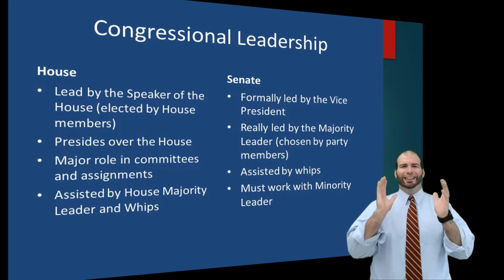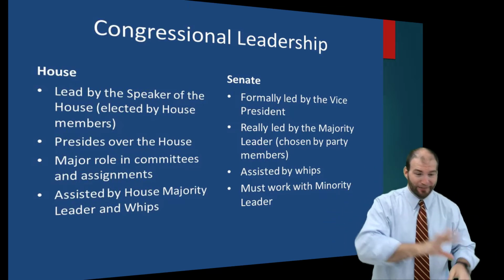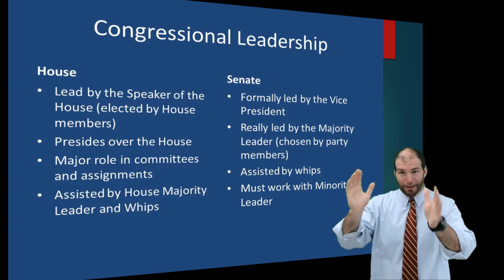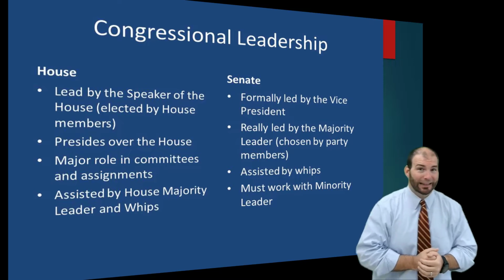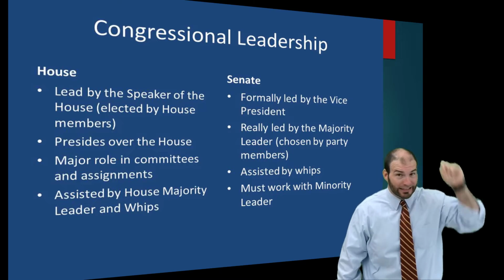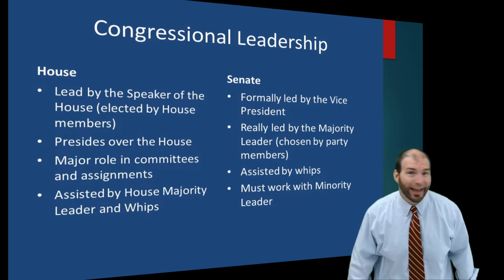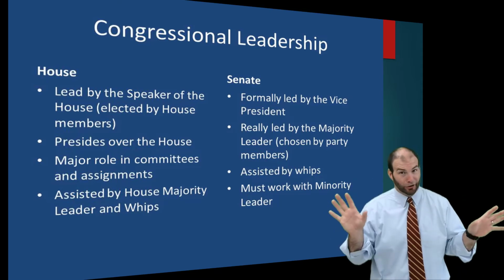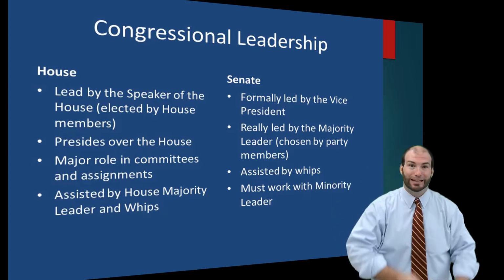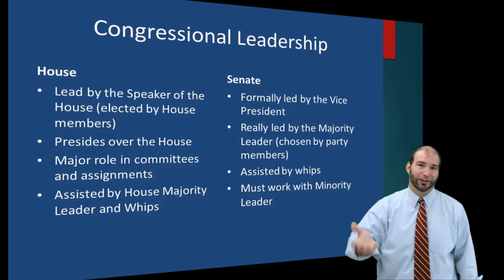Now, in order for anything to happen in Congress, the majority in the House of Representatives has to be able to agree and pass a law. Then once they pass it in the House of Representatives, it goes over to the Senate. And the Senate has to look at the same thing and agree to it. Only after both agree, and they don't agree a lot, it goes to the president. The president has a decision on whether he wants to sign it into law or not.